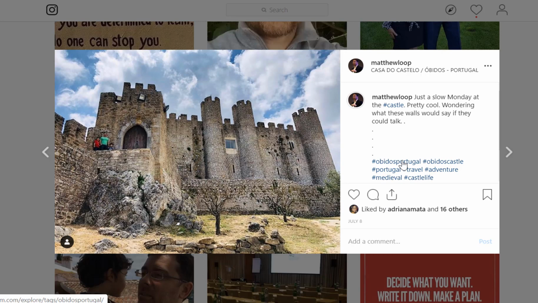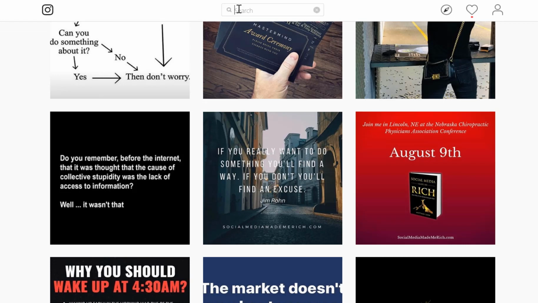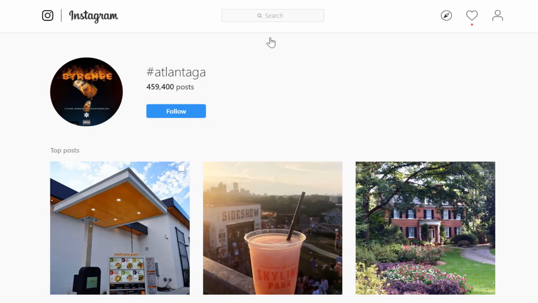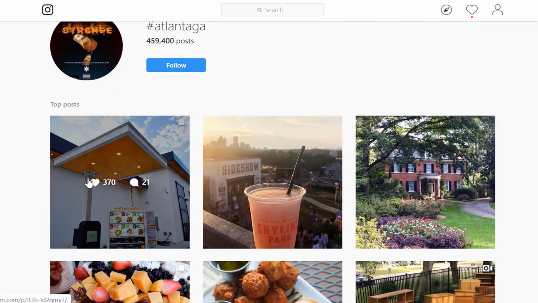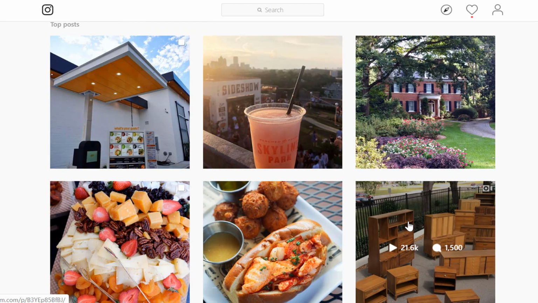By doing that, though, you have an opportunity to have your local photo featured in some of the most searched hashtags. So, for example, in your city, like we did before, Atlanta, GA, let's go back and search hashtag Atlanta, GA. Let's say you posted something and you hashtagged Atlanta, GA. Well, maybe if you get enough traffic, you might get in the top posts. When that happens, you'll receive a windfall of free traffic just because everyone every day is looking on a hashtag like this to see what's been posted locally. So you have an opportunity to be found.